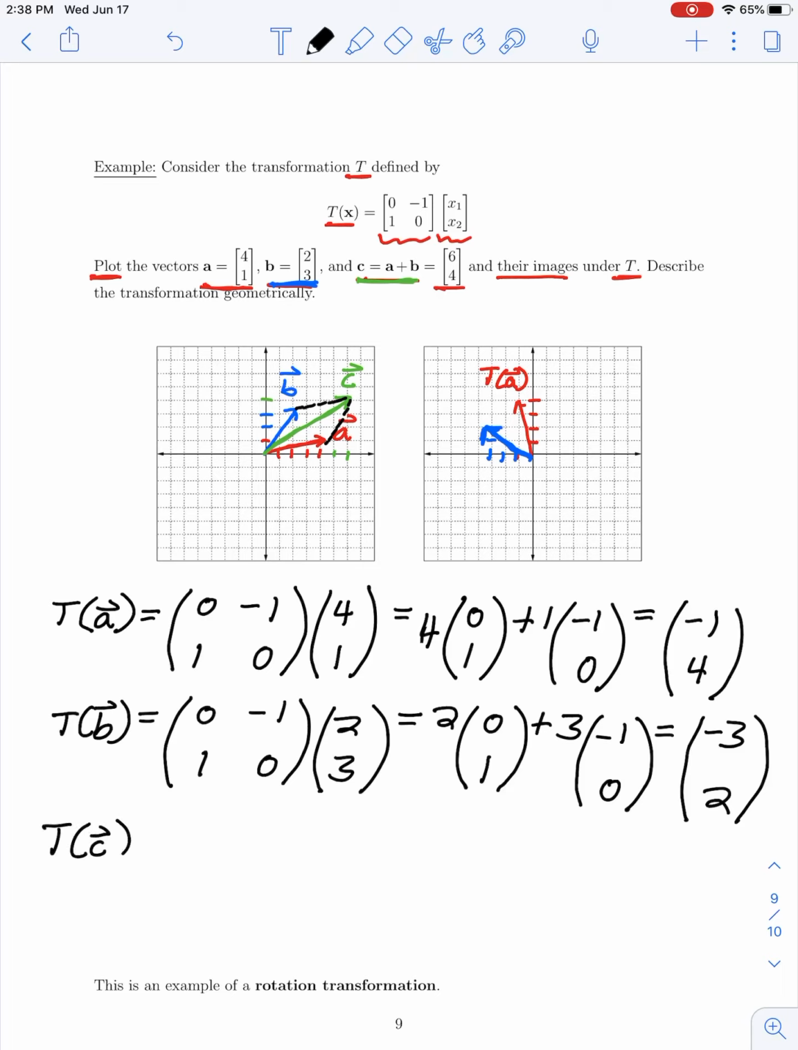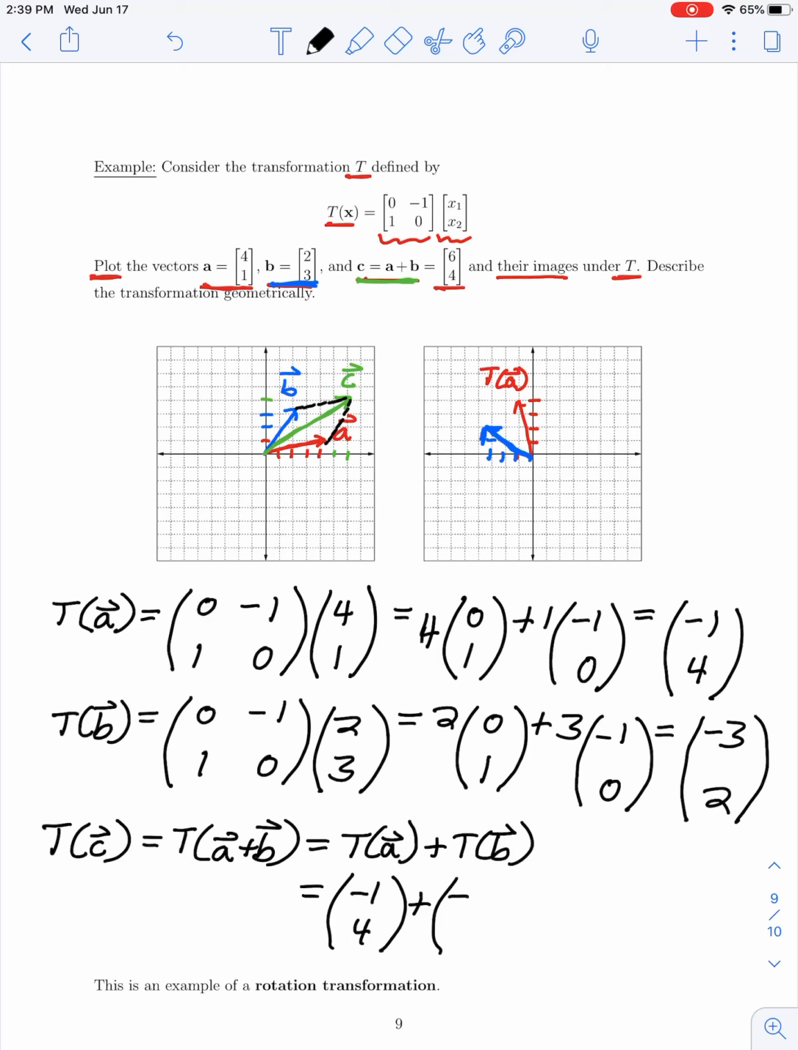So here T of C is the same as T of A plus B, since C was the sum. And since this is a linear transformation, since it's defined as a matrix transformation, we know that this is the same as T of A plus T of B. But we've already found these values. T of A was -1, 4, plus T of B was -3, 2. So we have the vector